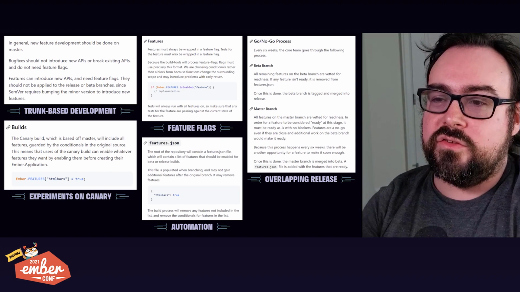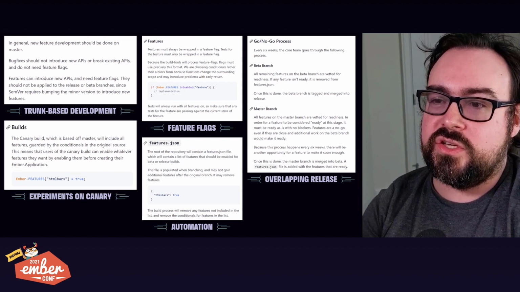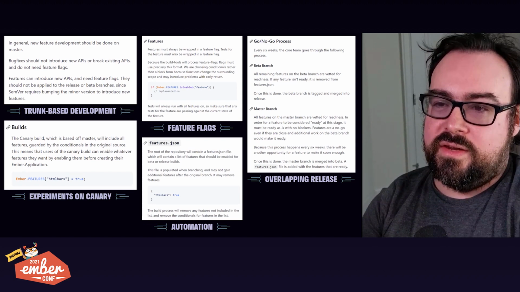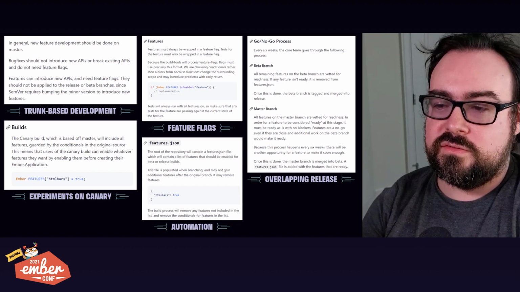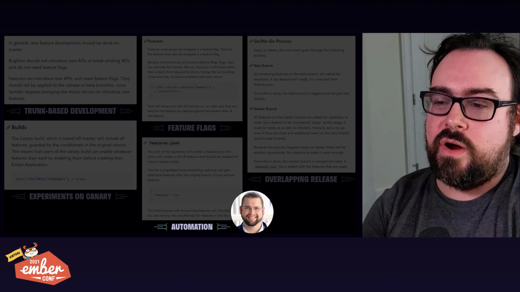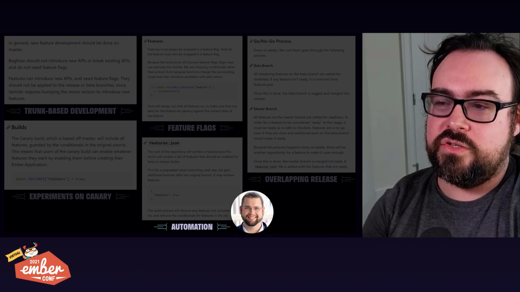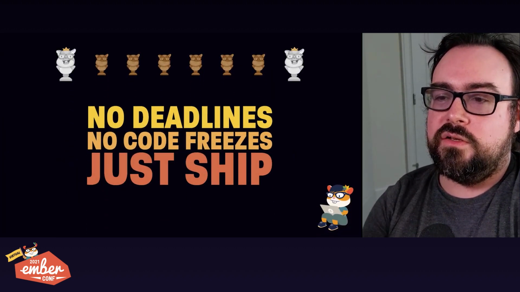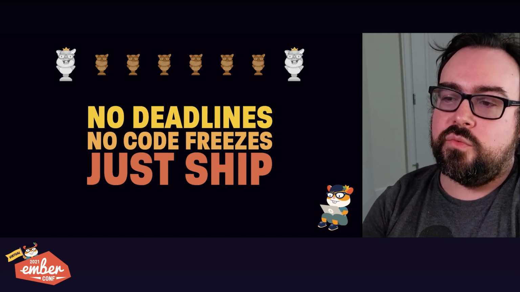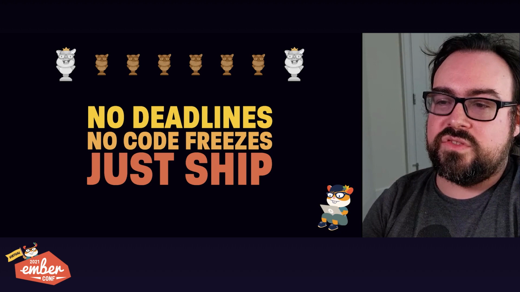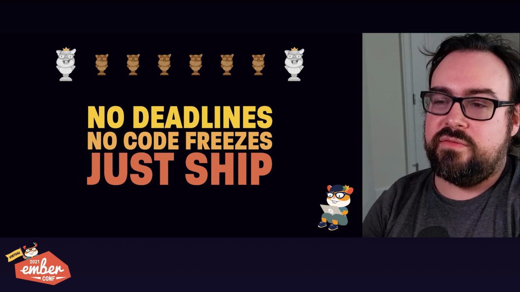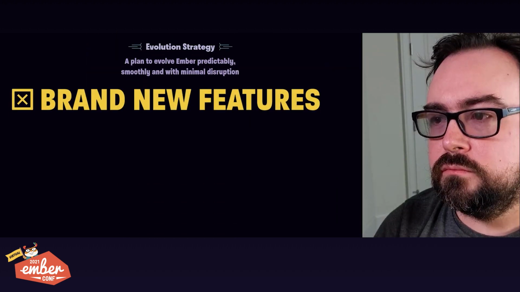To ship a feature, all we had to do was change the feature in features.json to enabled. And then the next time we reached the branch point, the feature would be enabled in beta and eventually release. If I'm being honest, Robert Jackson is really the secret sauce in our automation system. So our aspiration was release every 6 weeks, no deadlines for features, no code freezes, and if somebody feels pressure to ship a feature by a given date, there's always another train.